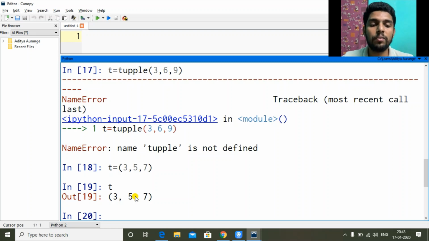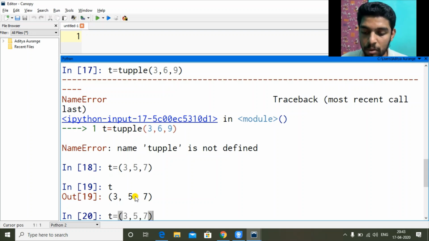How a tuple differs from a list and a NumPy array is, once we create a tuple, we cannot change it. So the size is not dynamic. So that's how it is different from a list. In a list we can add elements. In tuples we cannot add elements later. It's more like for security reasons, like when you want data not to change. So we use a tuple there.